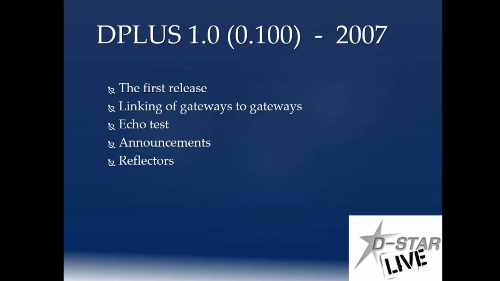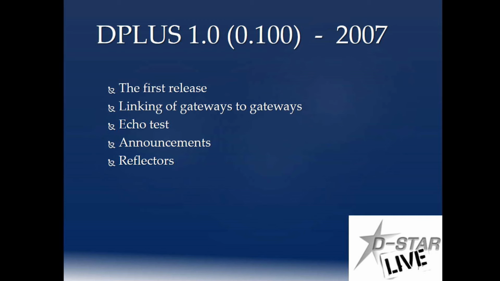So we weren't limited by the call sign routing, which definitely has its application, but it limits you to only being able to talk between two repeaters and not being able to hear what's going on the remote repeater. So once you linked two repeaters together, everyone on a repeater was able to talk to everyone else on the other repeater without having to reprogram their radio to do that.